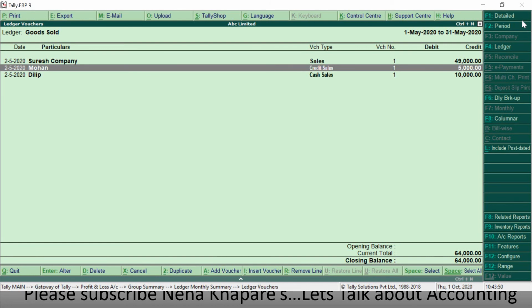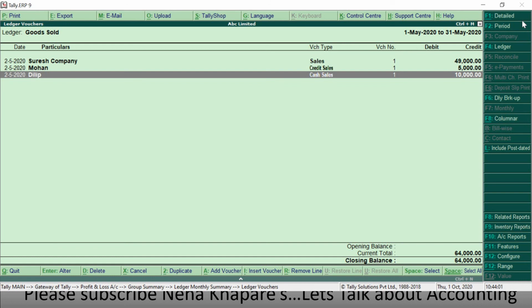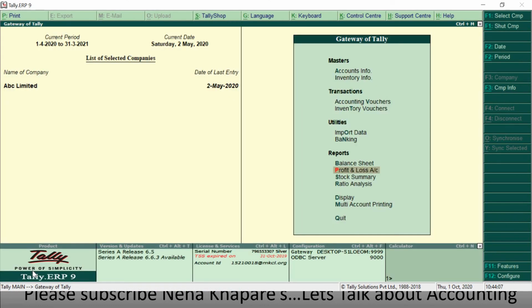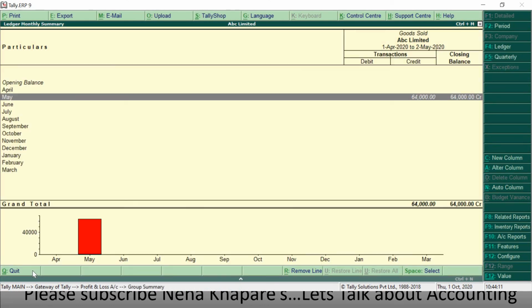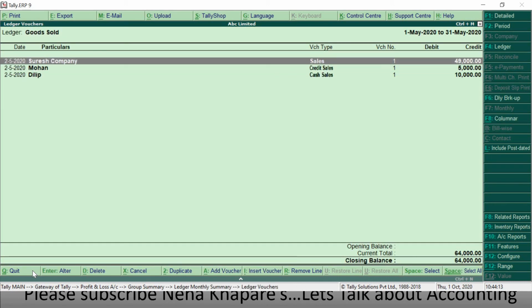For Mohan, I sold goods on credit, so you can see my voucher type is credit sales, but ultimately it is coming under sales account only because we have selected the voucher type as sales. You can see Dilip under voucher type of cash sales, again under sales account only.